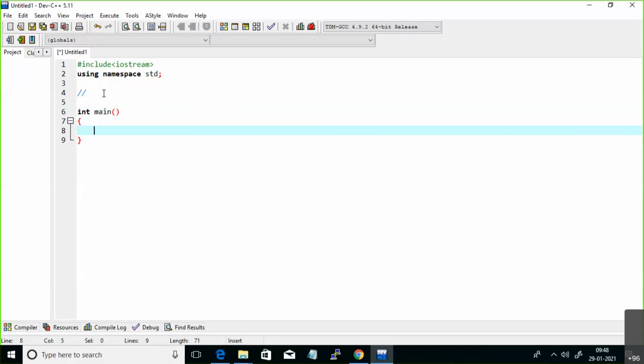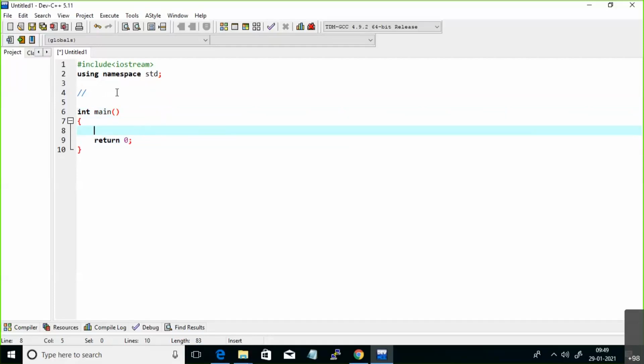This is your general code for any program. If you consider addition of two numbers, factorial, a class program, employee, student, any program, these lines of code are mandatory. Here you have written int, right? This main function has to return something. Just give return 0. You are not returning anything else, just returning 0.